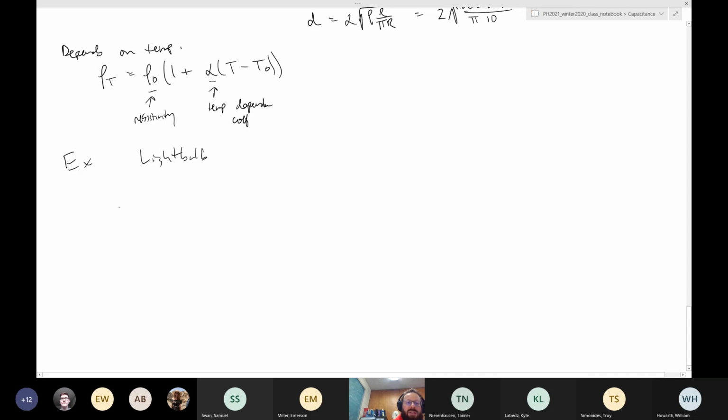So we know that the resistance is proportional to the resistivity. If we assume, and depending on the scenario this is a good or a bad assumption, that the geometry is more or less constant, then the resistance as a function of temperature looks like the resistance at some base temperature plus this. And just in our last minutes here, for a tungsten light bulb filament,